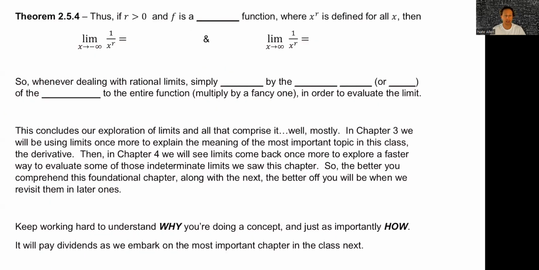There's just this last little theorem to not only wrap up the section, very short, sweet, but also for the entire chapter. Right? So here it is. We're going to generalize basically what we've been talking about since after that definition that we said is very technical and mathy. And that is, if we have a rational function where no matter what's on top, could be 1, could be any number, but if we have x to the power of r in the denominator, again, non-negative, so it doesn't move, but if we are approaching negative or positive infinity,